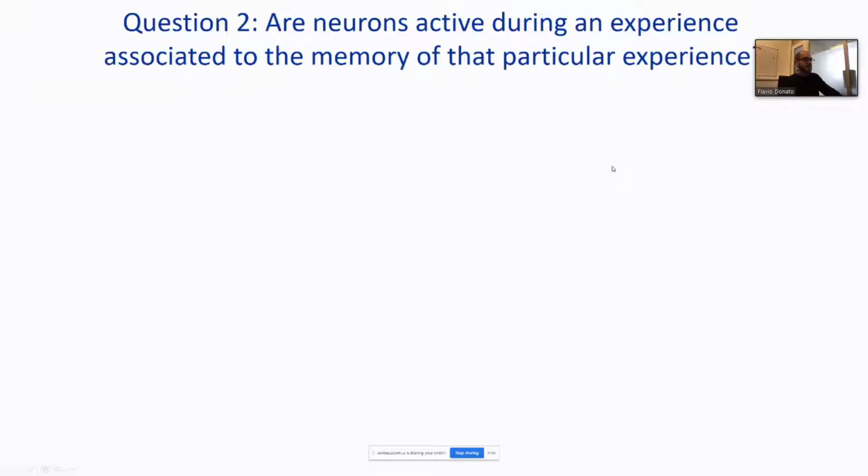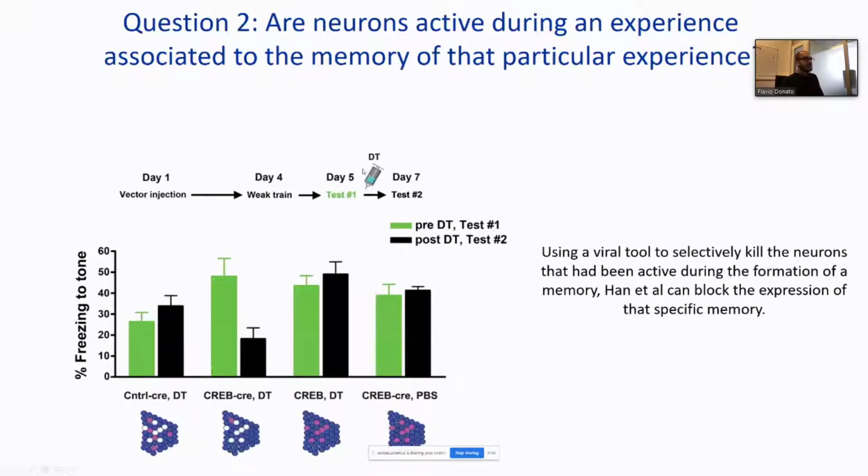To answer this question, there is a new experiment that has used another manipulation technique that we have used today. That is, you train in another area of the brain, the amygdala, and you are able to express the diphtheria receptor only in the cells that were active during the acquisition of the fear conditioning experiment. If those cells are carrying the information and storing the memory for that specific event, you can imagine that killing those cells will erase the memory of that fearful event, that is the foot shock, from the mind of the mouse.